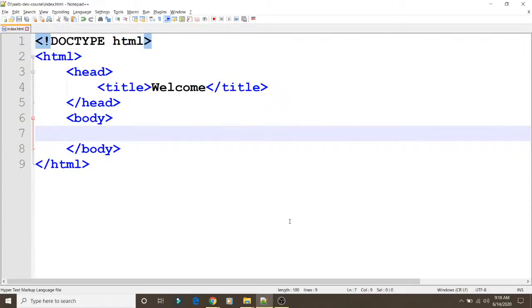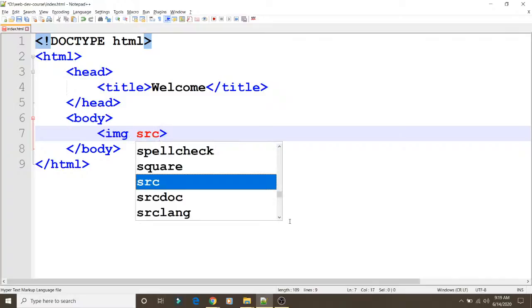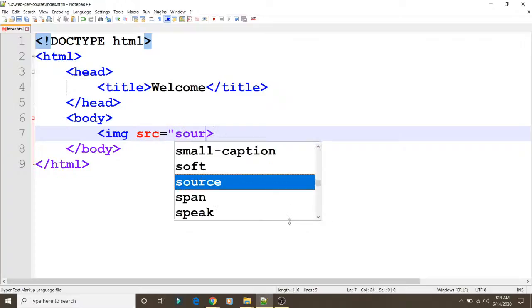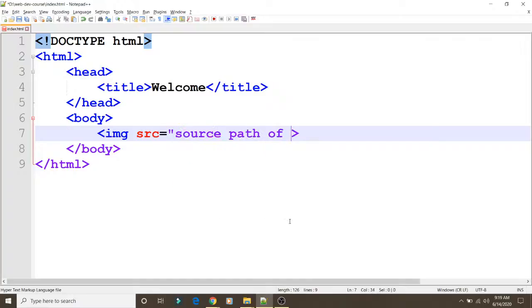And we'll see. The tag which is used to insert an image is img. Fine. So this is the tag which helps us insert the image in our page. The syntax will be like this: img src equal to the source path of the image.